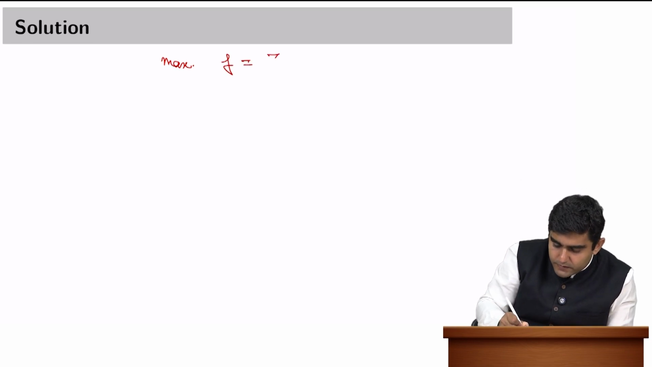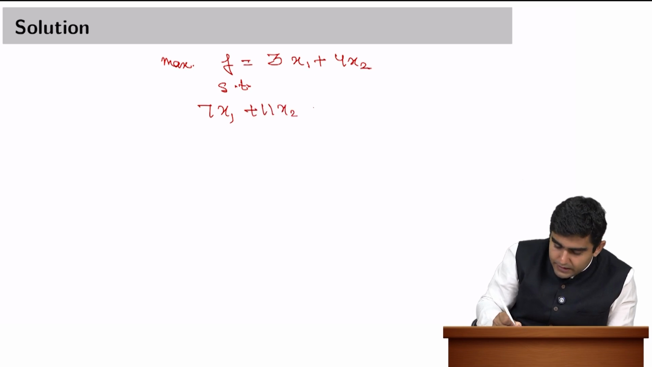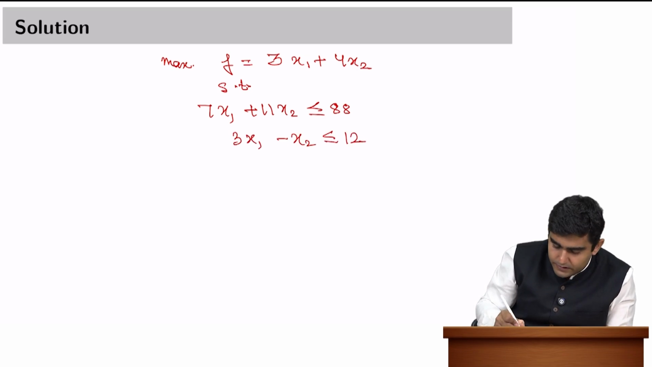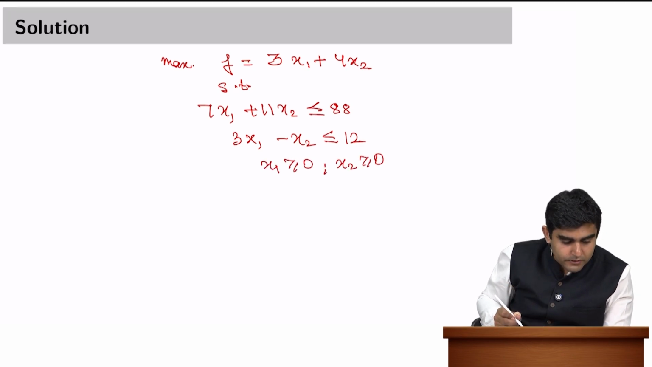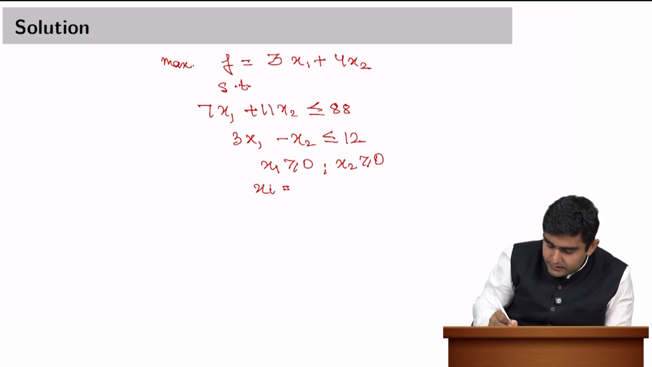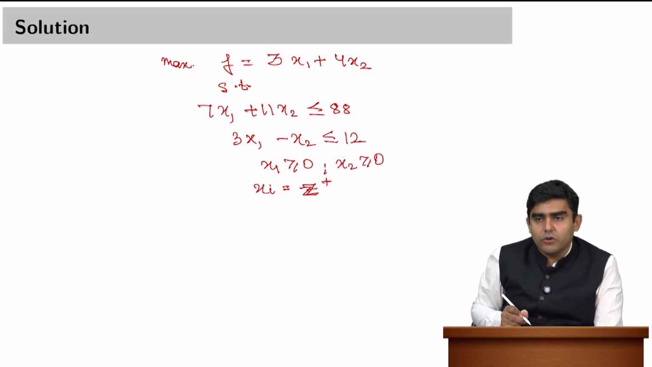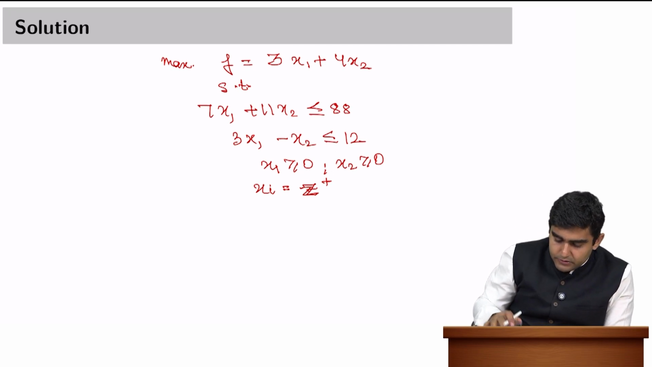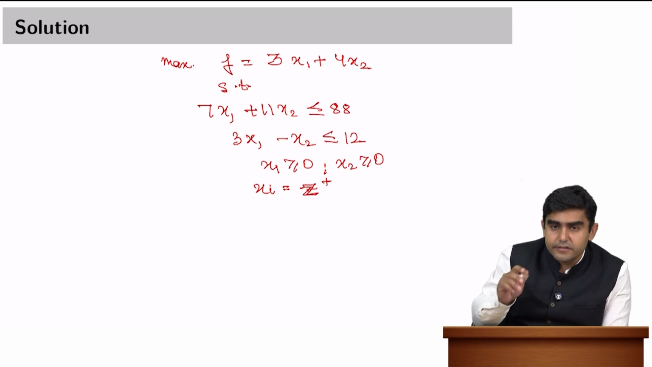Maximize f equal to 3x1 plus 4x2, and it is subject to the constraint 7x1 plus 11x2 less than or equal to 88, and the next constraint is 3x1 minus x2 less than equal to 12, and x1 is greater than equal to 0 and x2 is greater than equal to 0. Now there is another constraint that xi belongs to z and all of them have to be positive. So as we discussed earlier, our first approach would be that we will treat it as a simple